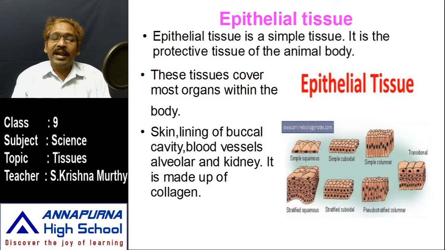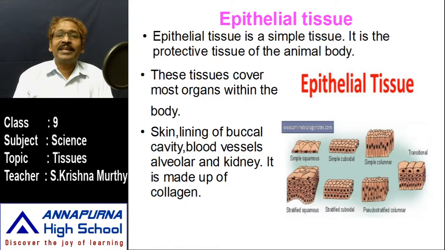And then kidneys. We know a pair of kidneys is present on either side of the vertebral column below the abdominal cavity. Don't forget that. The kidney is made up of nephrons, not neurons. There is a difference between nephron and neuron. I think 1 million nephrons are there. Each kidney contains 1 million nephrons.